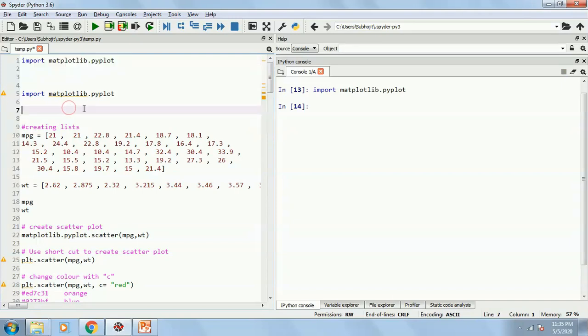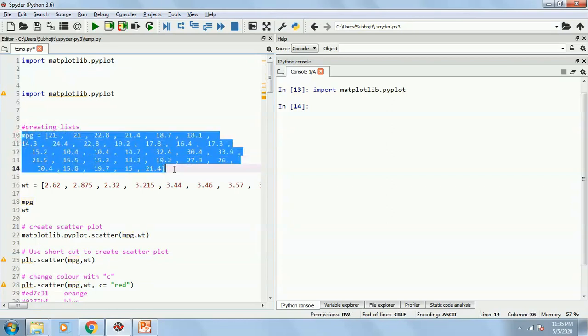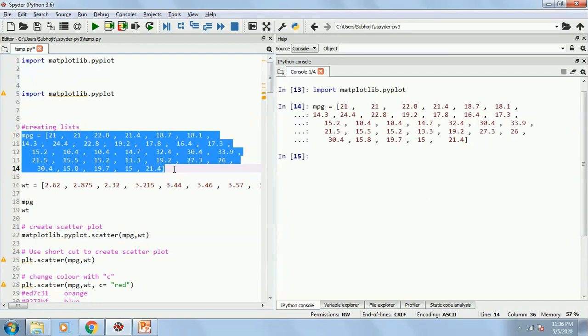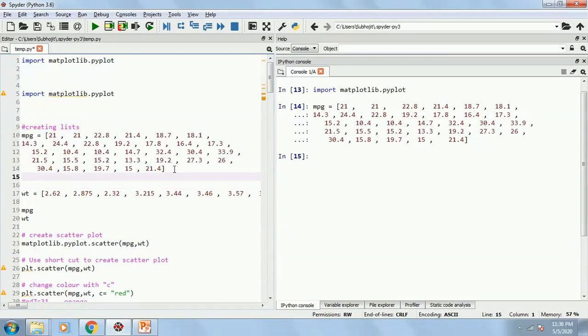First of all, I am going to show you how to create a scatter plot. So I have two different variables, the first is mpg, meaning miles per gallon. There are different cars for which I have different miles per gallon, the mileage basically. So this is the data I have written. So I will simply execute this data. So I have created this data,